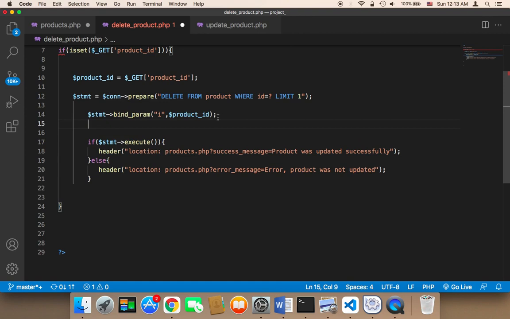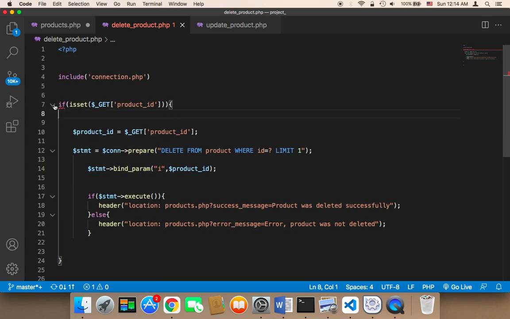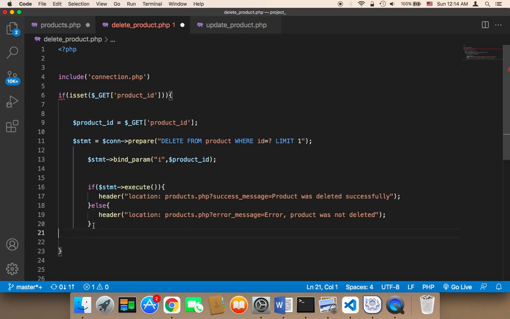Anyways, here we need to say if statement execute. If that has been executed successfully, we just need to take the user to the products page, and then say success message: Product was deleted successfully. Else, here we need to say error message: error, product was not deleted. And here I have an error. Let me check where the error is. So here